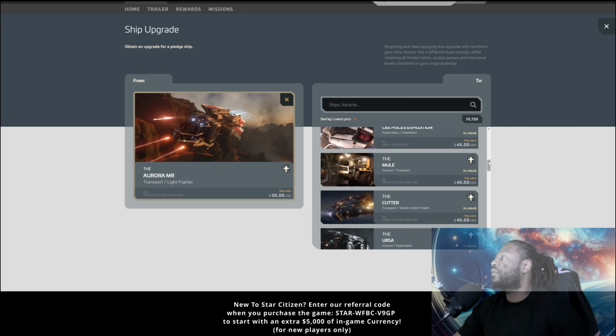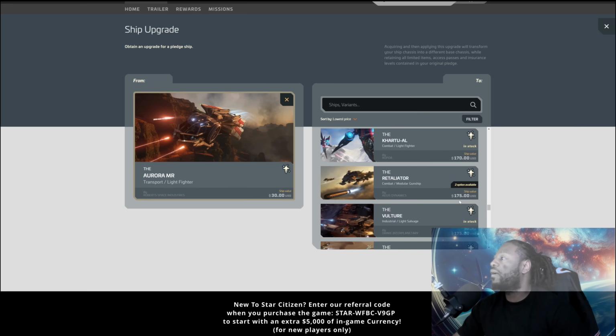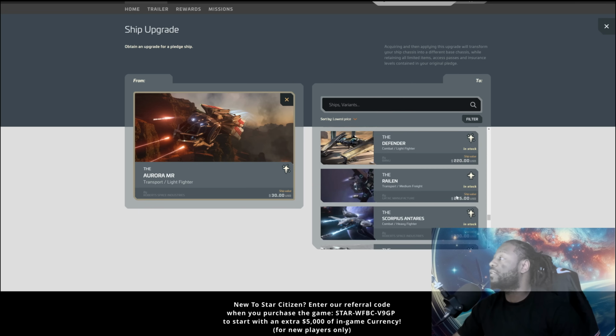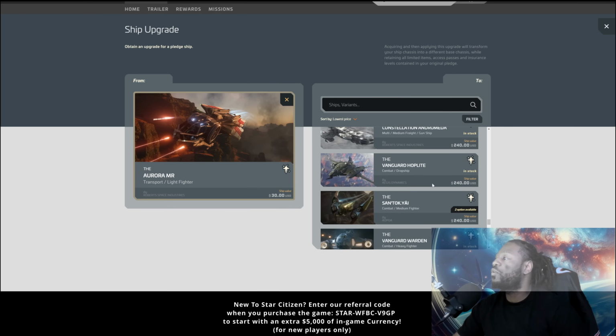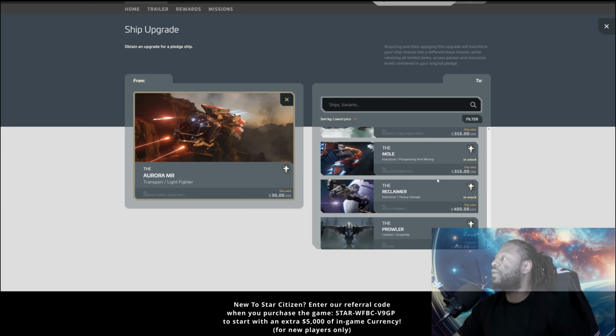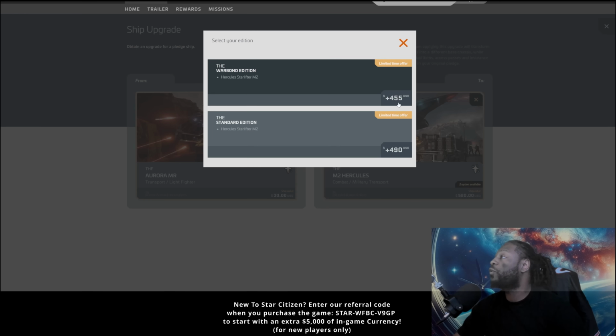And then we could just go down the line here instead of going all the way back. Oh, I forgot the Retaliator is still here. So I already kind of did those. I want to do the two new ones. The Santok Yai is still here. The Eclipse was the one I just did. The M2, it looks like